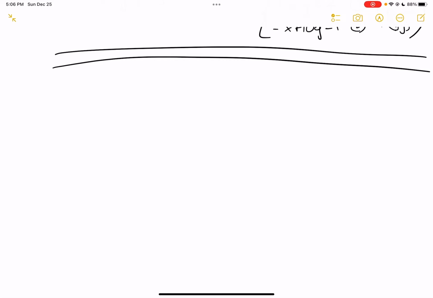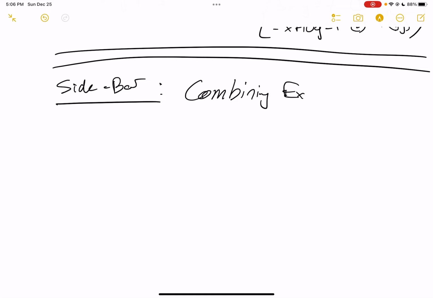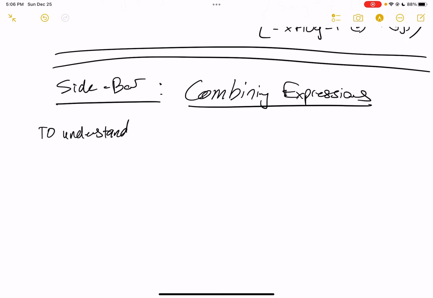And in order to really make sure we're all on the same page, before we start the substitution method, we need a quick sidebar. That's going to be on combining expressions. This sidebar might be something that you already know how to do, or it might be something that's a little bit foreign to you. But we really need to understand this before we go any further. To understand one of our algebraic methods, the substitution method,